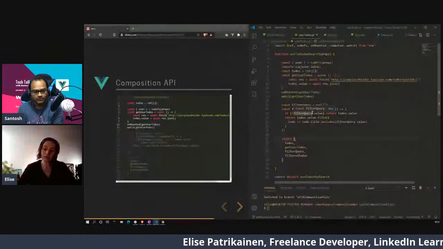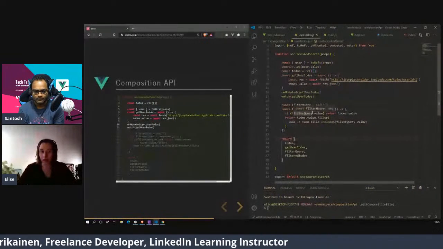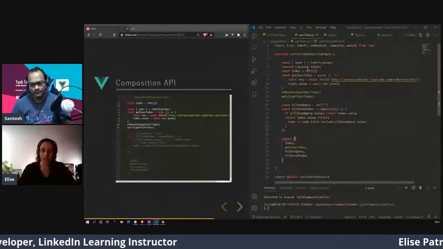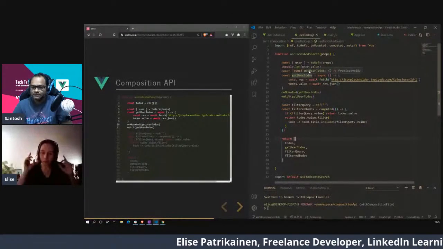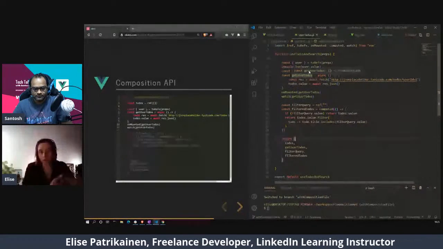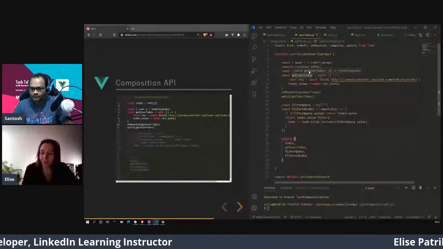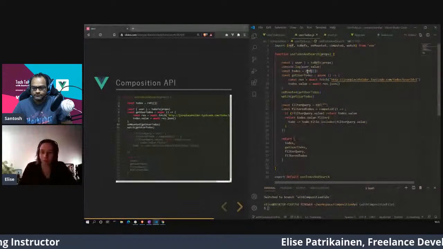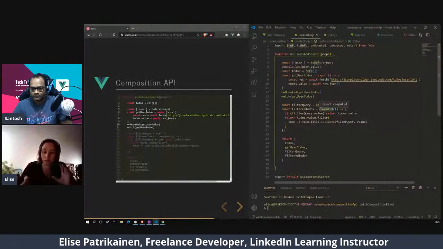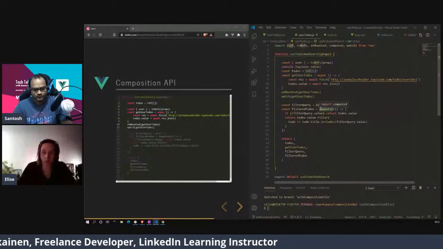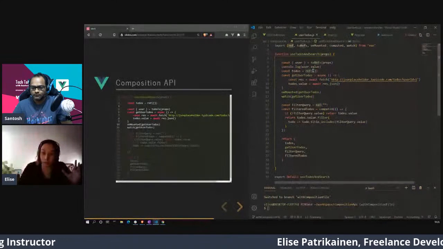I think there are also a couple of things which might be confusing, in particular this relation to reactivity. You really have to keep it in mind, or better, to understand it, because otherwise you may forget very easily. You always have to work with ref, which is a wrapper around the value. So ref does not do much. It just wraps this value,